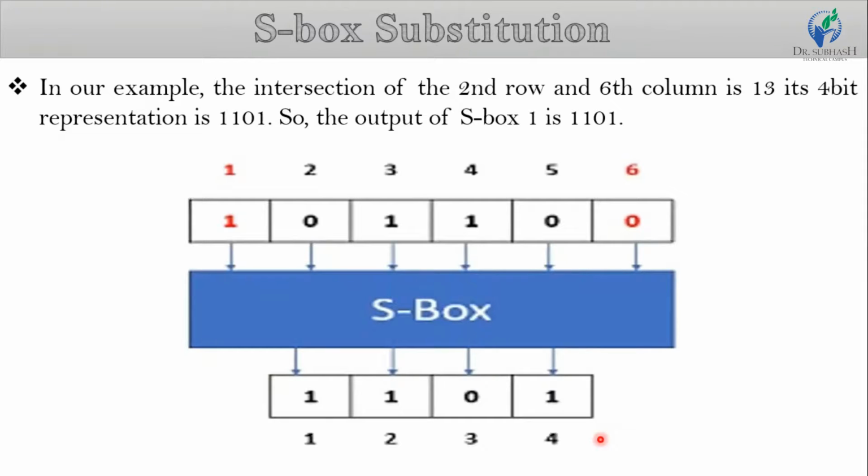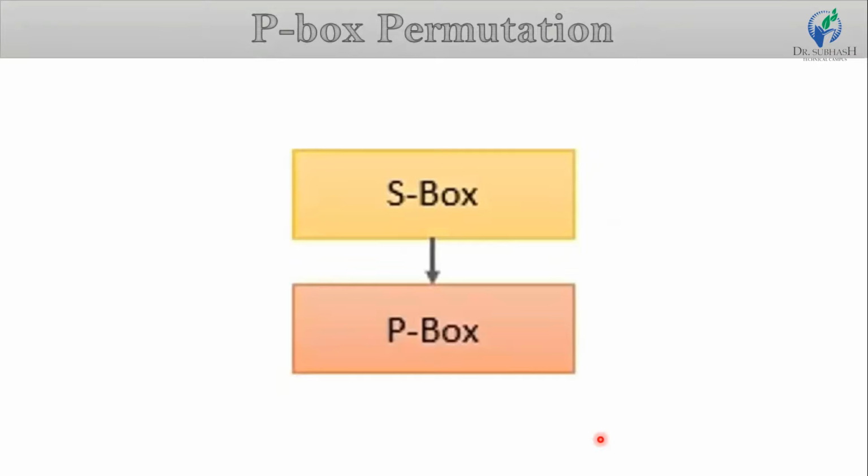Now I will explain the P box permutation. The 32-bit output obtained from the S box substitution is provided as input to the P box. Here the 32-bit input is simply permuted and sent to the next step. So the next step is